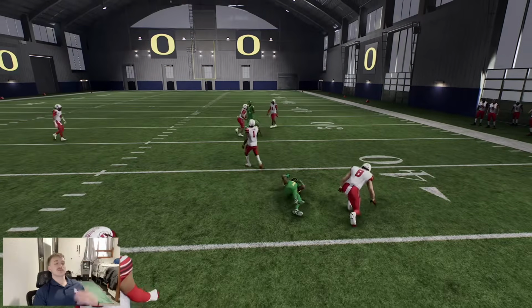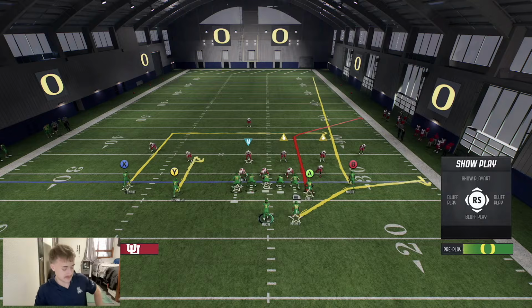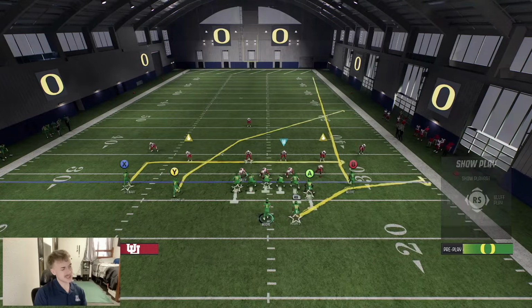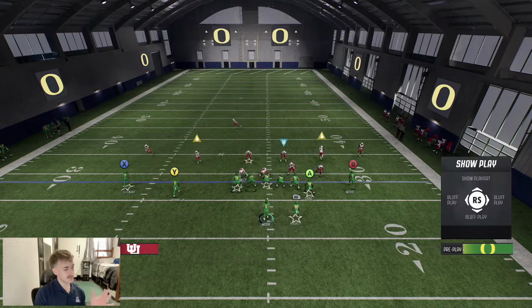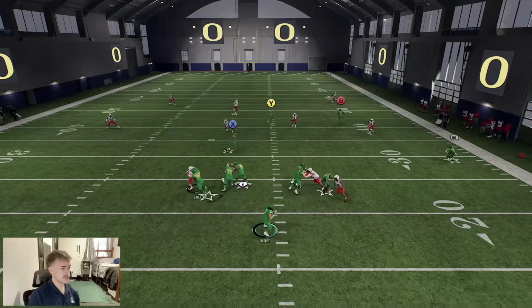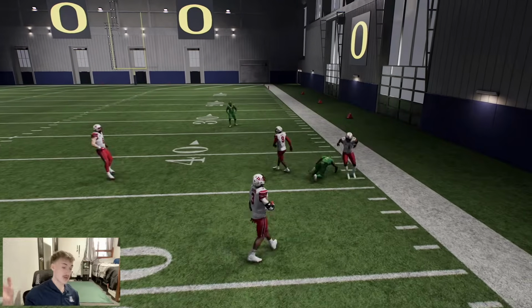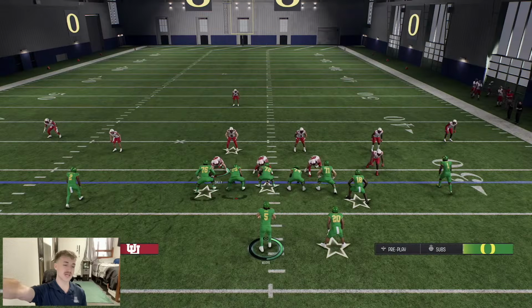I kind of like the in route for a little bit of a slower start on that. But just keep that in mind. And I mean, it's going to work well against most coverages. I think this would work even better against cover 2 than the other one did, just because that fade is now not from the far outside. He's kind of in the slot there, so it actually works a little bit better